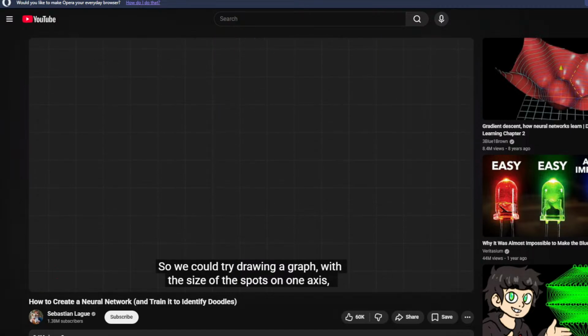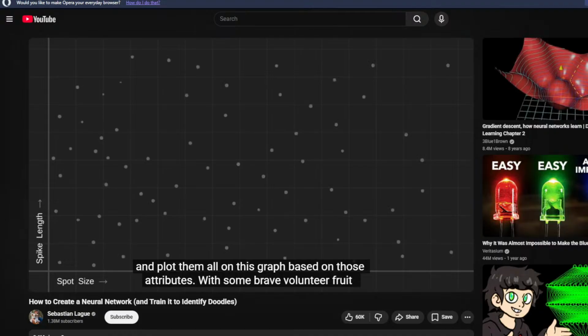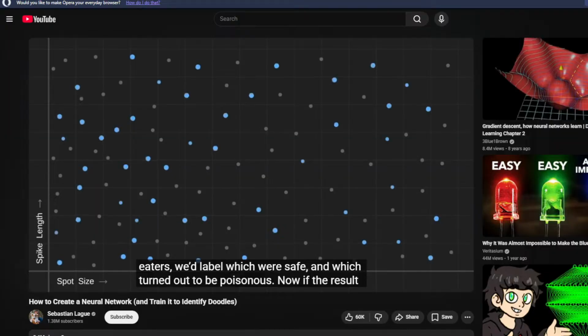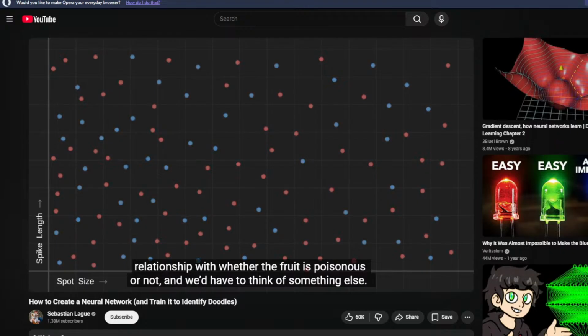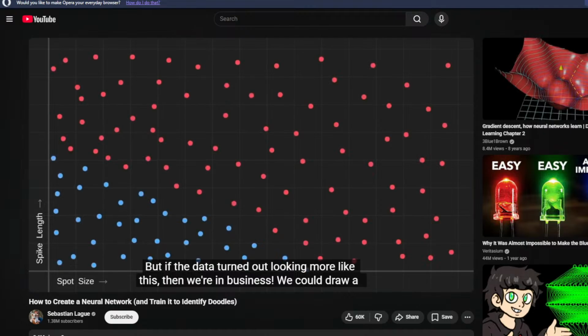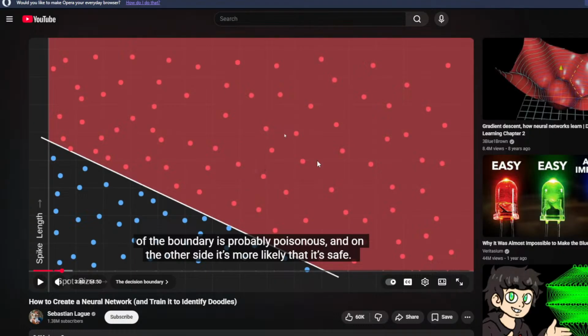We could try drawing a graph with the size of the spots on one axis and the length of the spikes on the other. Then we could collect a bunch of fruit and plot them all on this graph based on those attributes. With some brave volunteer fruit eaters, we'd label which were safe and which turned out to be poisonous. Now, if the result ended up looking kind of random like this, then the spots and spikes probably don't have much relationship with whether the fruit is poisonous or not, and we'd have to think of something else. But if the data turned out looking more like this, then we're in business. We could draw a little line here called a decision boundary and say that any fruit we find that falls on this side of the boundary